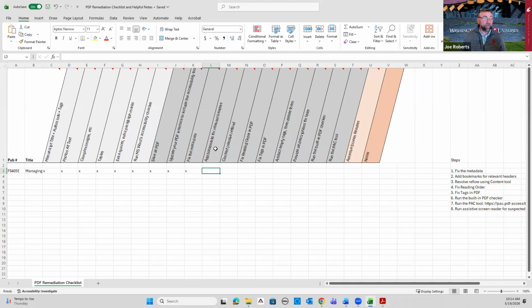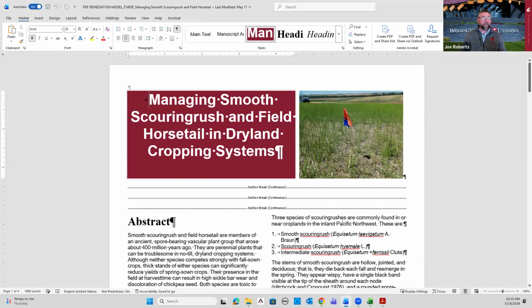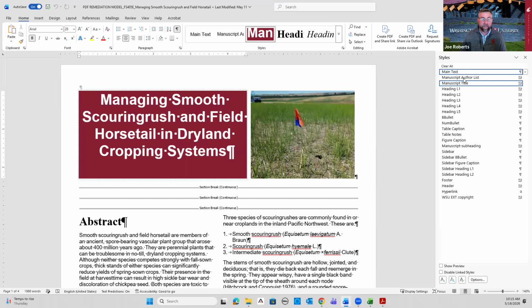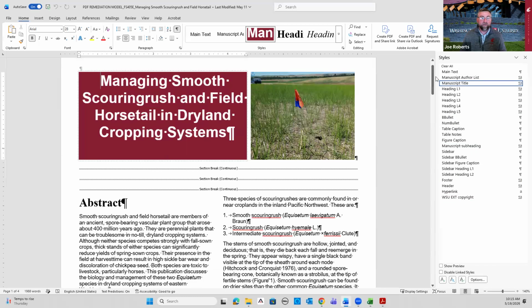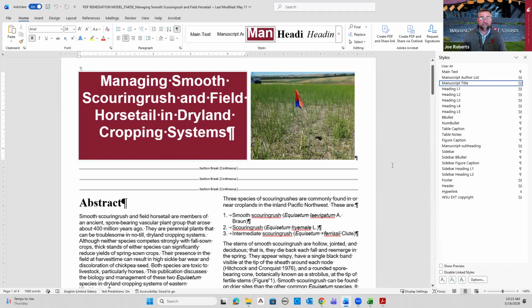And this next one's pretty easy too. It's add bookmarks for relevant headers. If you used a Microsoft Word file like the one we're looking at right now, up here you'll see this Styles drop-down. And there's a list of different styles when you're using Microsoft Word. If you use these styles, then all of your headers and paragraph tags and content are going to convert correctly over to the PDF. If you'd like to use this Microsoft Word file for your own purposes, so that it's easier for you to do this before you get to the PDF stage, then I'd like to